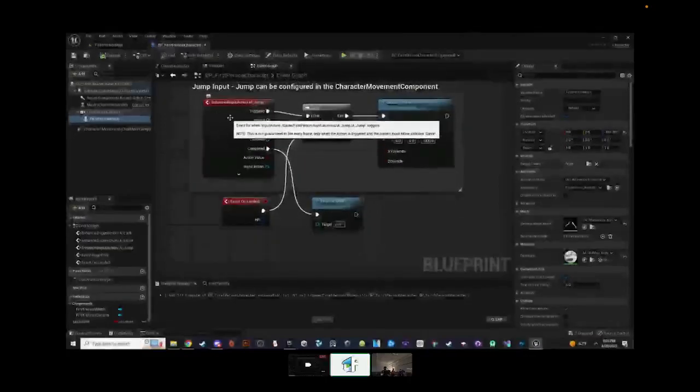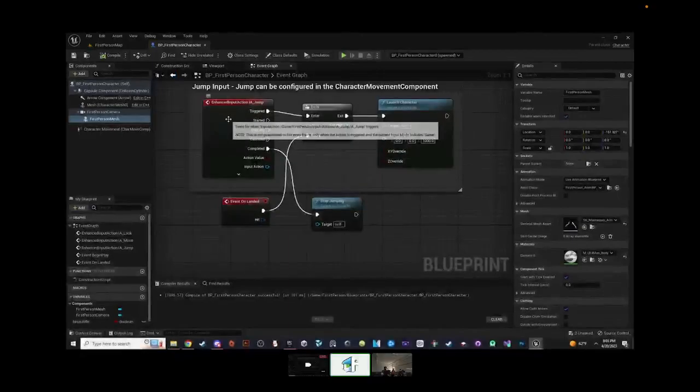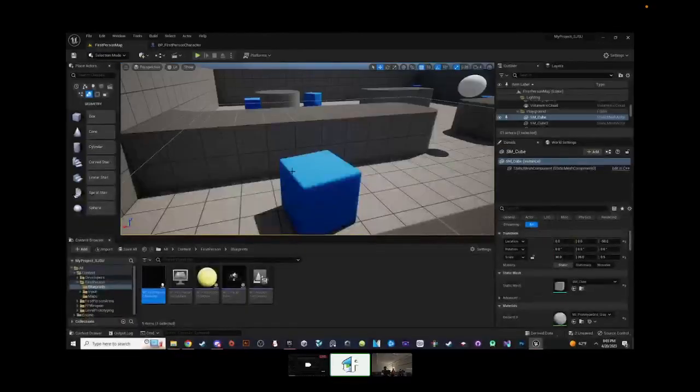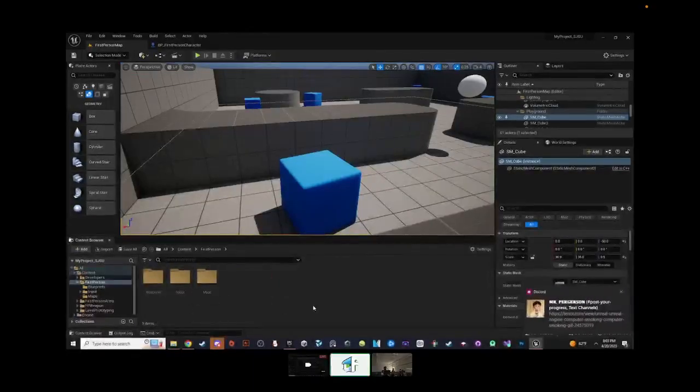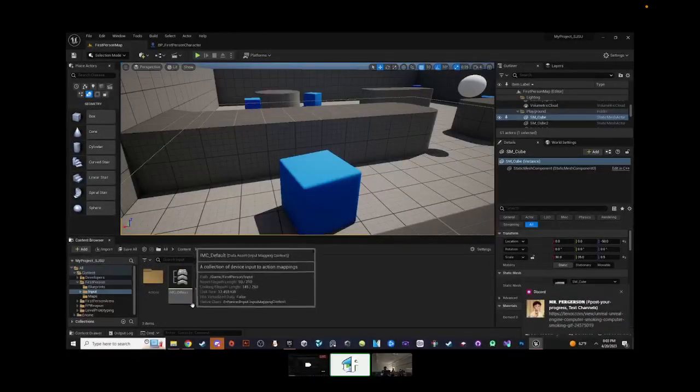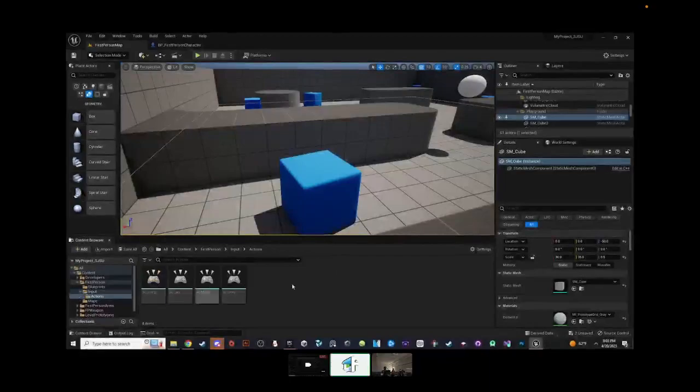So again, they have enhanced input actions and stuff, which is their new way of handling input systems. And this is essentially how you would do it. So you'll go back to your world view. You'll go to your contents, right? And let's look around. Let's go back to FPS. They have a folder for inputs, and they even have input actions and the input mapping context. So this is stuff that you're definitely going to look up, but I'm just going to breeze right through it and pretty much show you.